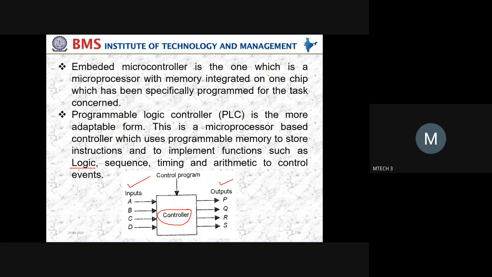Means AND gate, OR gate, NOT gate, like that. Or you can execute what are called the sequence operation, timing operation, and arithmetic operation to control the events. Okay. Now these are the two methods with which we are going to consider the controlling